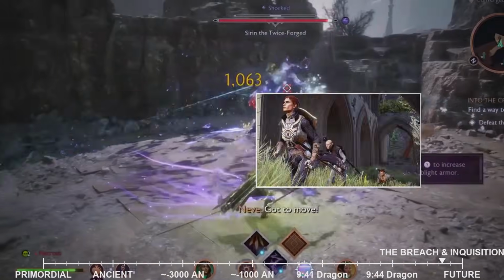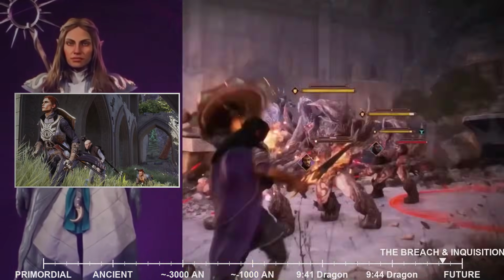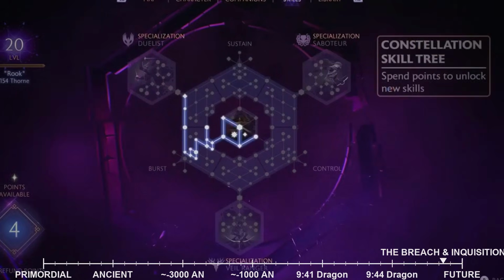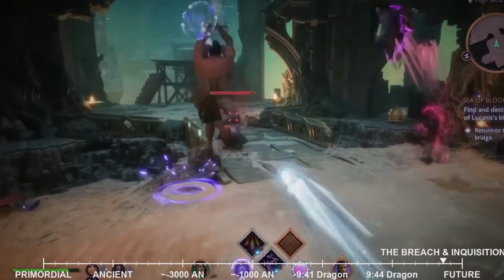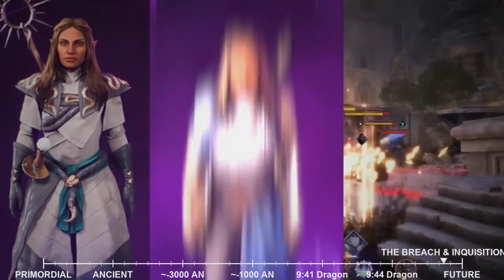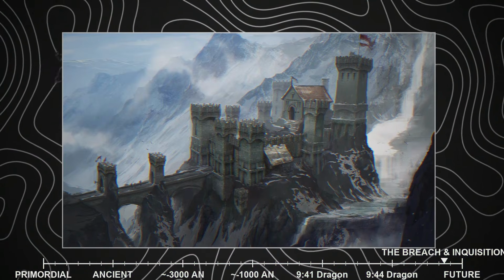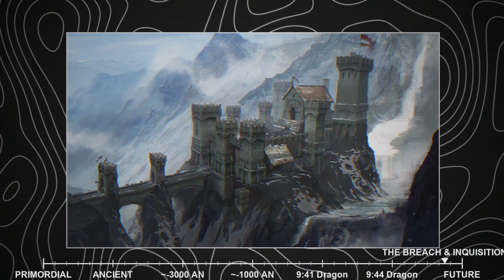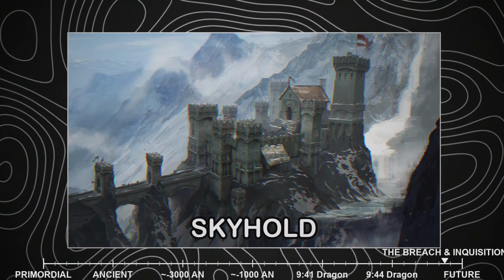The Inquisition, drawing upon the resources and expertise of its disparate members, aimed to be a neutral, independent power, capable of uniting the various factions against a common enemy. Initially operating from the makeshift camp at Haven, the burgeoning Inquisition soon required a more substantial and defensible base of operations. Through a combination of strategic reconnaissance and ancient knowledge, a forgotten fortress, Skyhold, nestled high in the mountains of the western approach, was rediscovered and reclaimed.